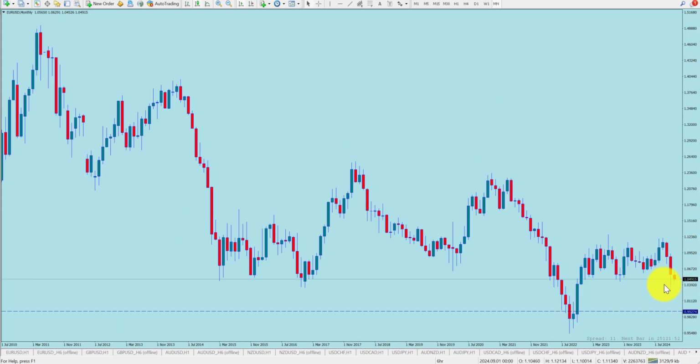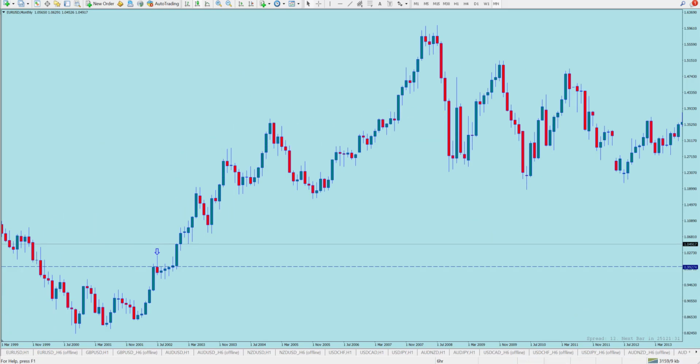And guess what? Here we are. Maybe we will finally break it. Maybe we will. I mean, we had a brief move there in 2022, right? But maybe we will finally get below $1 with the euro and stay down there. I don't know. These are monthly candles, by the way. Monthly, yeah.